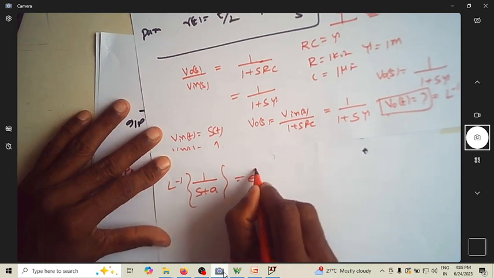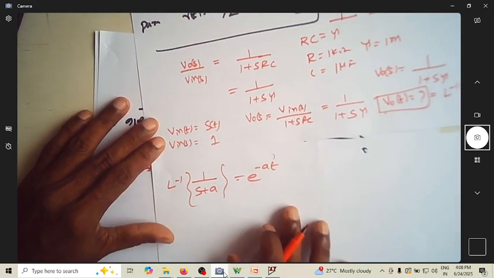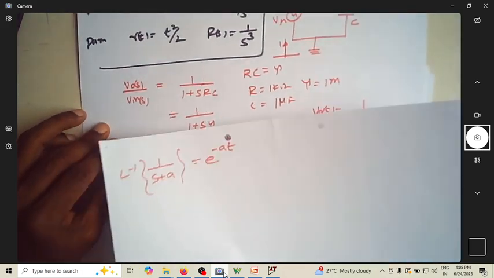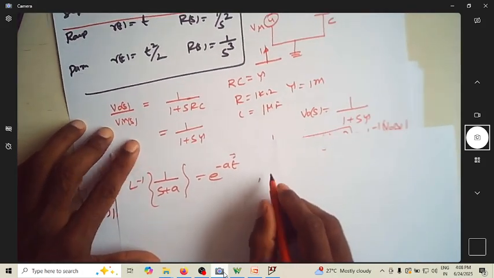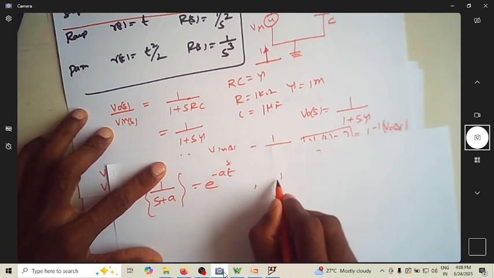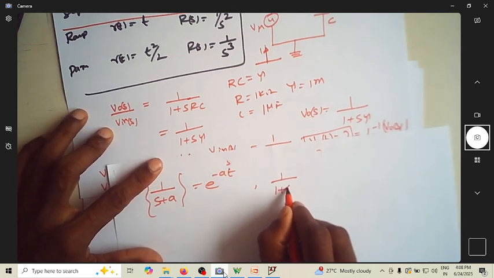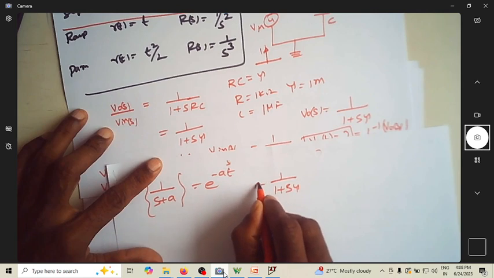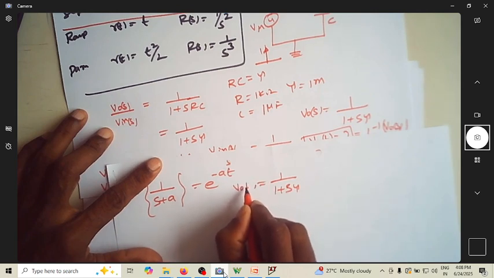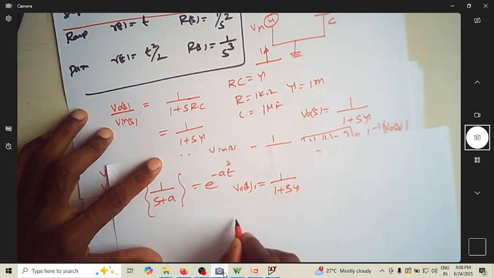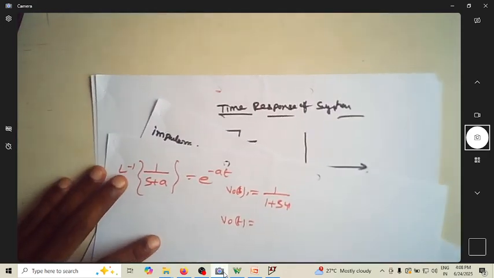It is e power minus at. What I have now is 1 over 1 plus s tau, which is V naught(s). I want to find V naught(t), which is nothing but